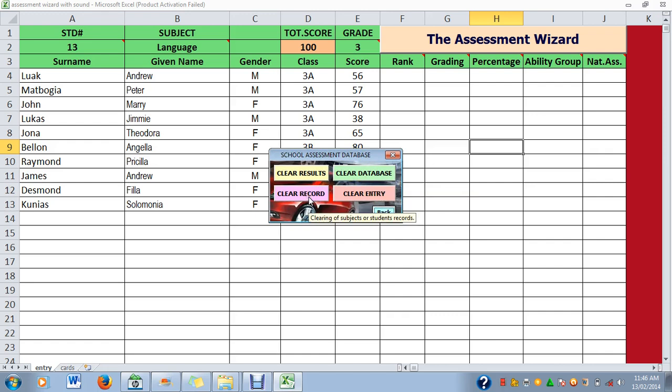If you press this button, it will clear the database record for language for grade 3. What it does is clear the grade 3 language record number in the database. If you do not need the language subject to be stored in the database, then you can press this one, also this one. Suppose you have important data already stored for language for grade 3 in the database, do not press this if you need those data, because all the processed information stored in the database for grade